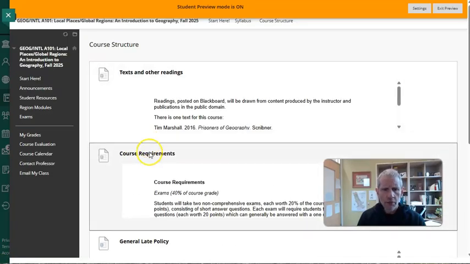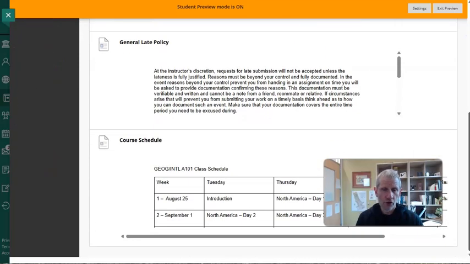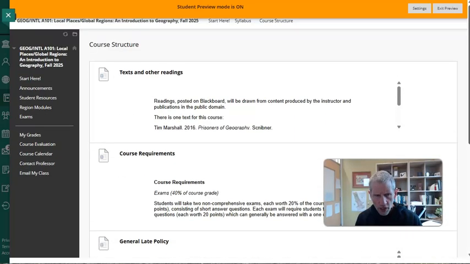This is where you can find material about the course requirements, and you can also find the schedule for the course as well. This course has a little bit of sort of a mini flipped environment, if you know what that means. A flipped course is one where you have to do a little bit of prep before you come to class. Then you come to class, and at the beginning of each class, I give a little quiz